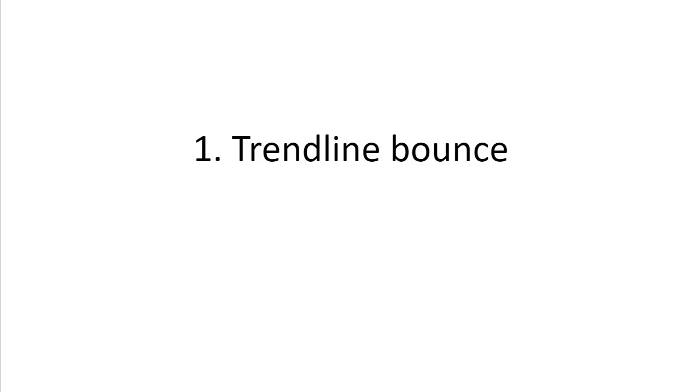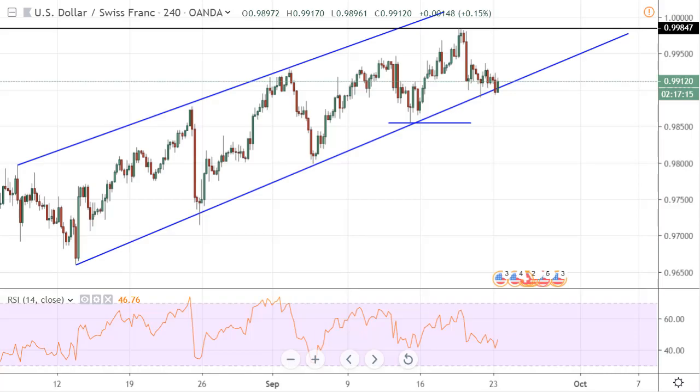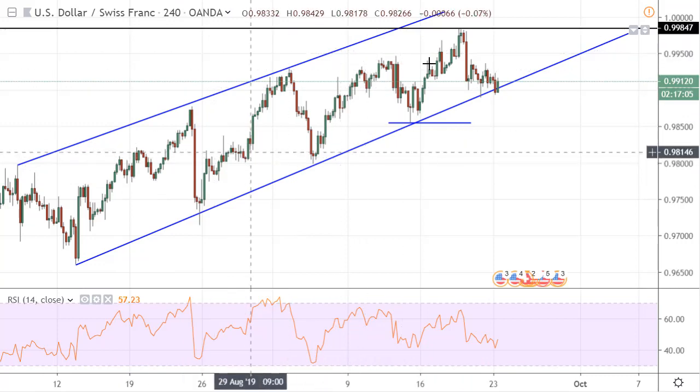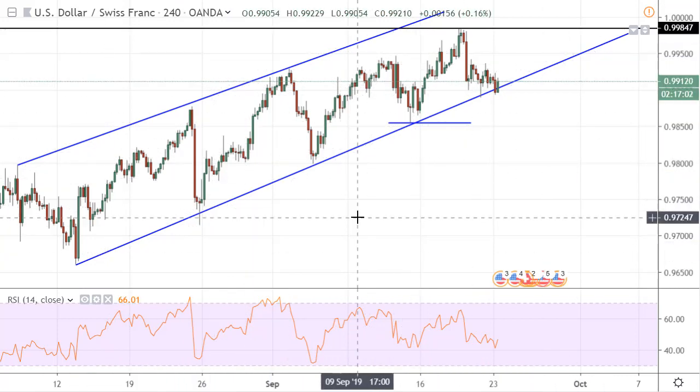Sounds pretty obvious, but let me show you what I mean with that. Okay, so here's the US dollar against the Swiss franc chart, and as you can see on the 4-hour chart, which I prefer to be trading, we can see that price is moving in a certain channel, supported by this trend line. Now, of course, when I explain things like these, looking at charts from the past is pretty easy to pinpoint what is happening, but when this didn't happen yet, it's sometimes pretty hard to identify